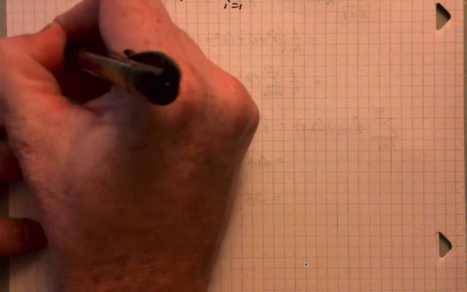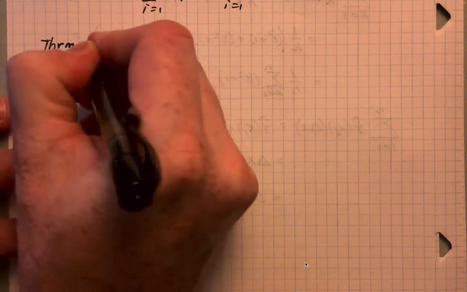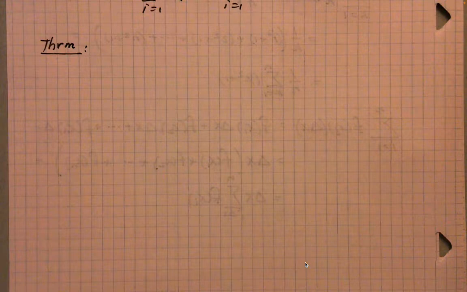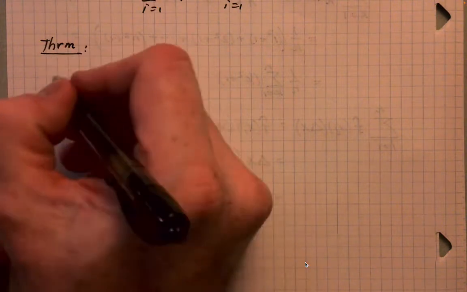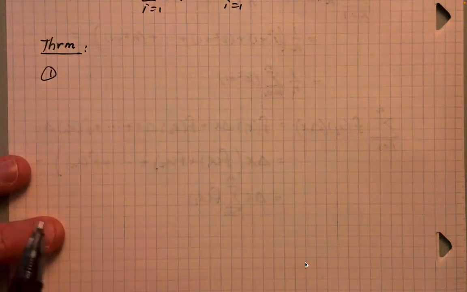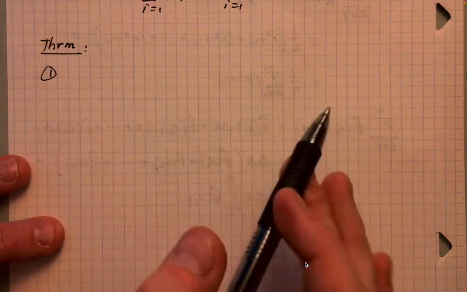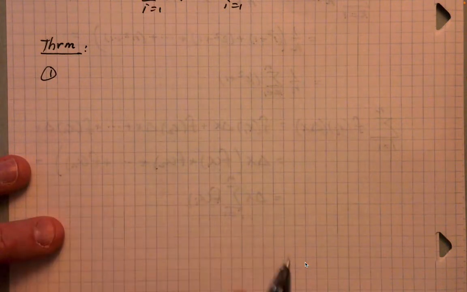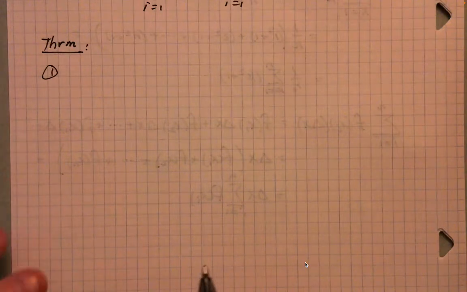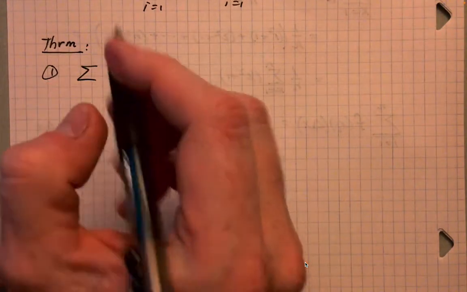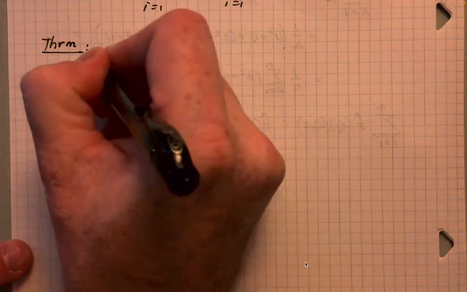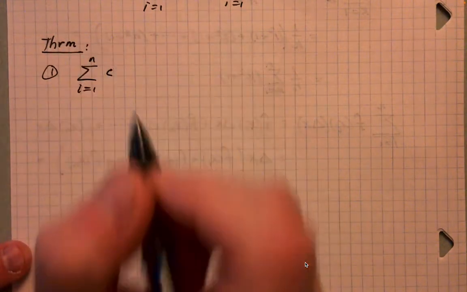We won't prove this. I think people can prove this on their own probably, and it's a side note for most of the stuff we're going to use, but it would be instructive to spend a little time on your own working through some of these. Some of them are totally obvious, but this is basically going to be a collection of sums that are very useful and very common. So the first one is the sum of i equals 1 to n of some constant,